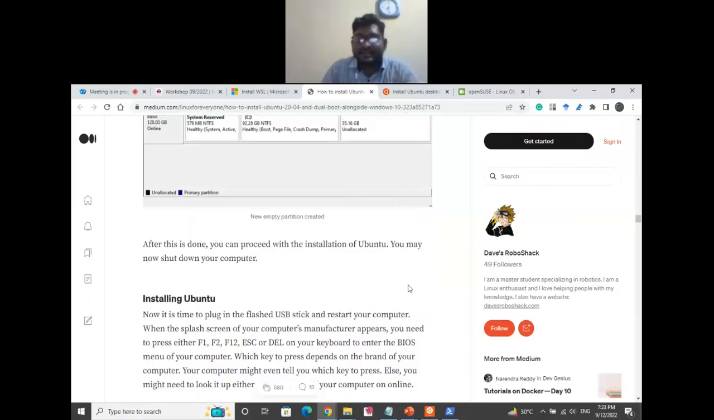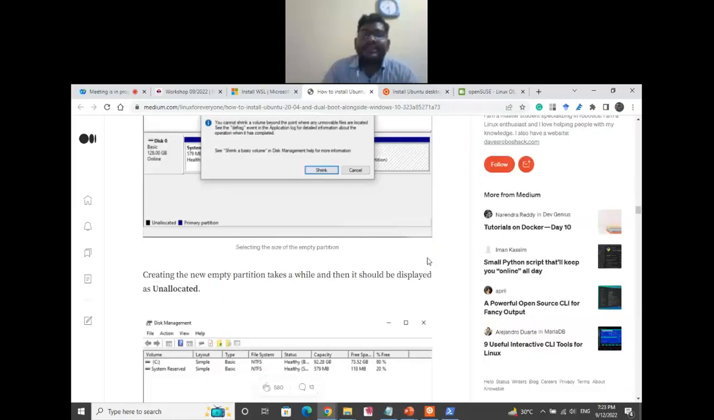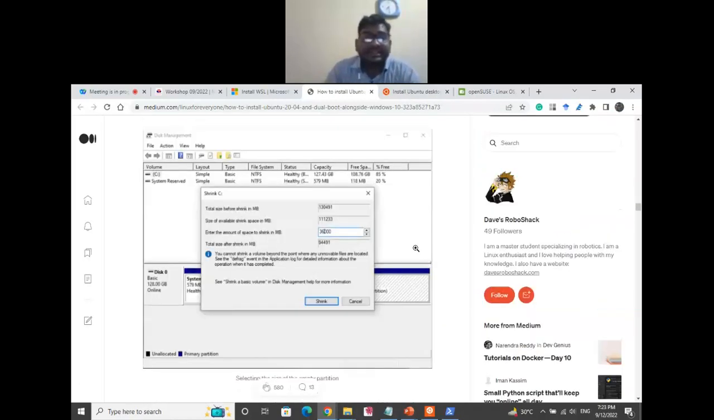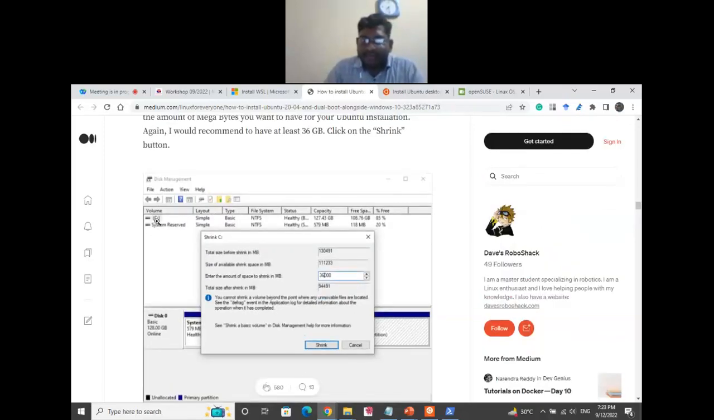So you just read this tutorial. It is very nicely explaining everything. Suppose you have a drive here. You need to have at least 25 to 40 GBs of storage available there to install a separate operating system such as Ubuntu or Linux. Then you can shrink the drive, particularly